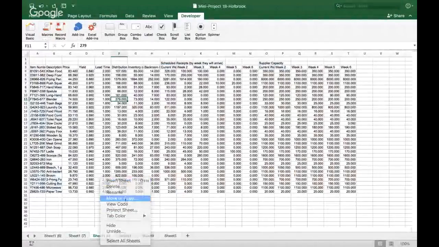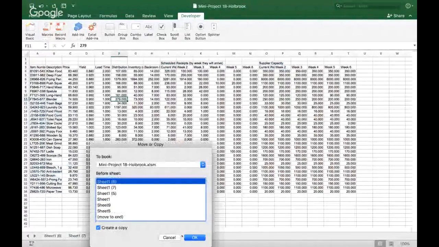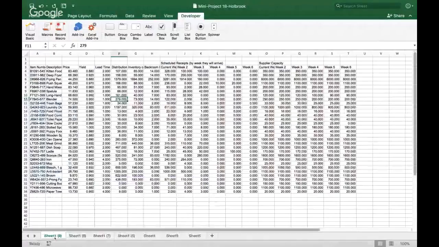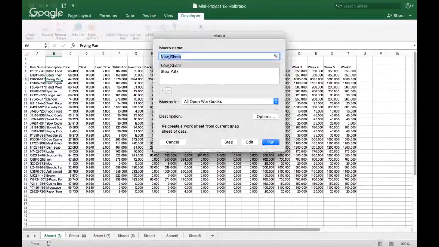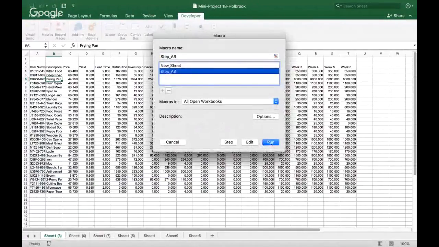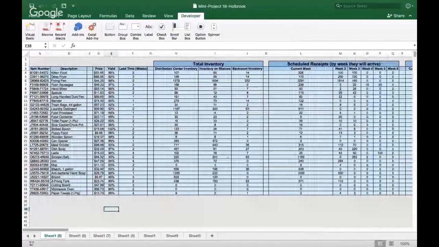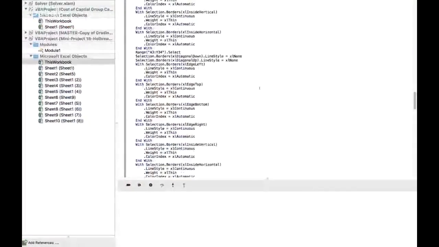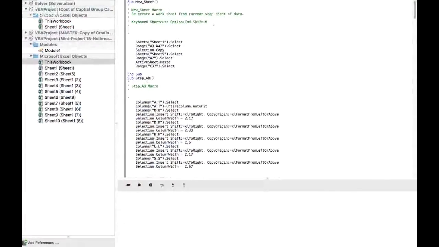Oh wait, move or copy. Yay, perfect. So now the only thing is I have this keyboard shortcut because it has to be an M,